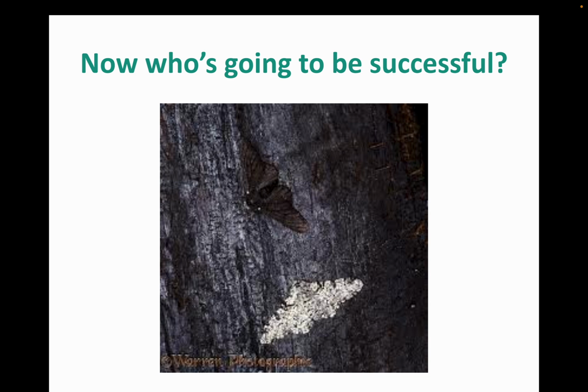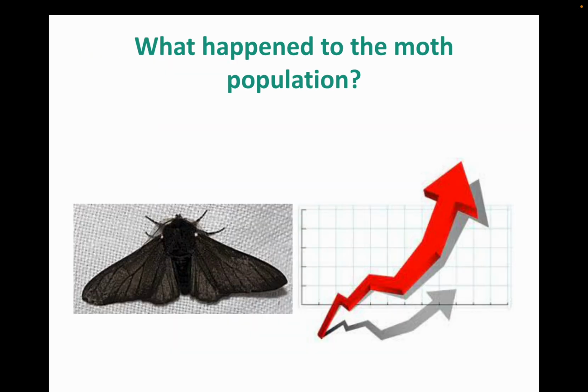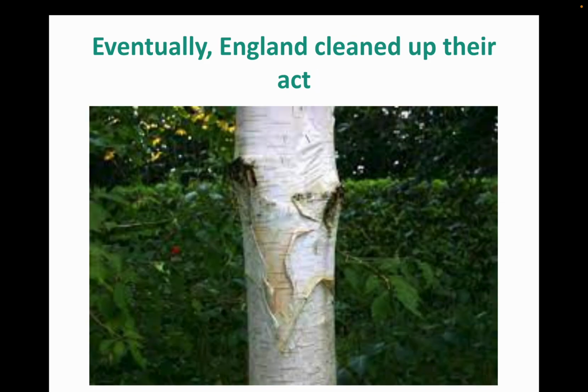So this moth is now lunch, and this dark-colored moth is now going to be able to survive and reproduce. So guess what the next generation is going to have? You're going to have a lot more darker colored pepper moths surviving. So their percentage of the population is going to increase. They're going to go from about 1% of the population higher and higher and higher. But then eventually, in the